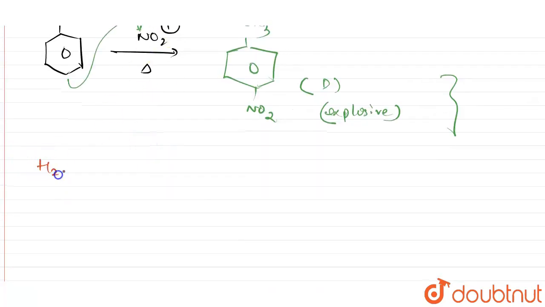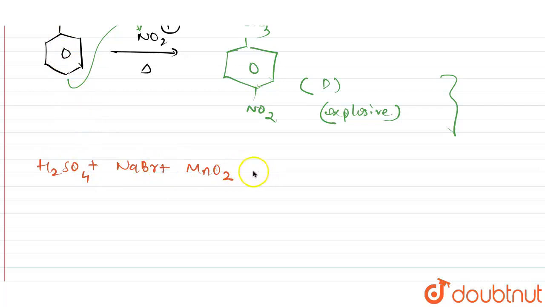So first A we have is H2SO4. This is treated with NaBr plus, what else is there? We have MnO2. I will write down some spaces between so that we can write down the balanced equation. Here we have positive, here you have positive. This on reaction will generate what? It is going to generate Br2 plus Na2SO4 plus MnSO4 plus H2O.